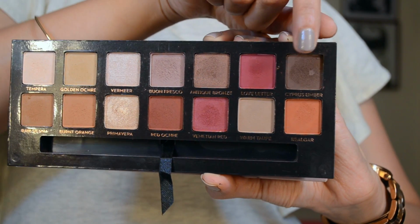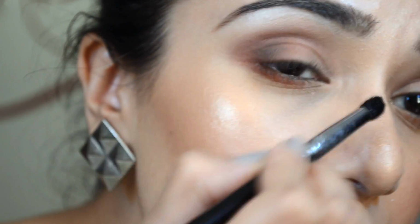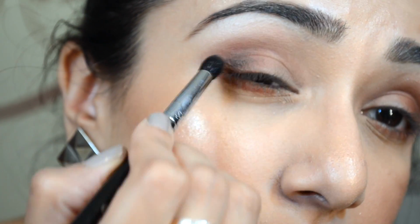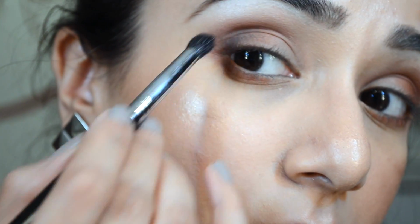Now I'm going to switch my brush to the small tapered blending E45, and I took the Cypress Umber, which was a chocolate brown color, and basically placed it in the outer V. I like this because it has a more specific application. And then again, I took the pencil brush and smudged a little bit of that brown on the lower lash line as well. And I tried to blend it with this brush, but it didn't do a very good job,